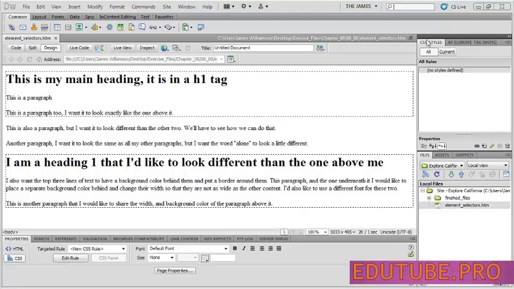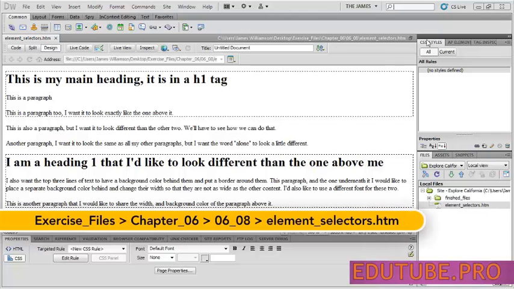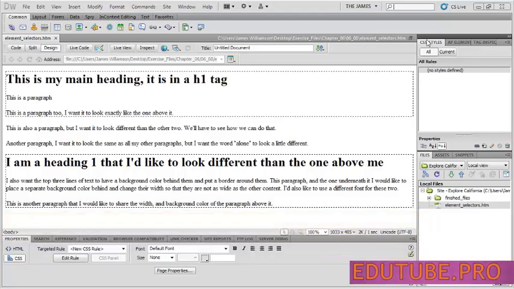Now that we have a better understanding of how Dreamweaver works with and creates CSS, it's time to focus on learning the CSS itself. Now, we won't be able to cover every detail of CSS. It's a really, really big subject. But we're going to cover the basics so that this foundation can carry you for the remainder of the title. I recommend checking out the other CSS titles on the lynda.com online training library for a more thorough exploration of